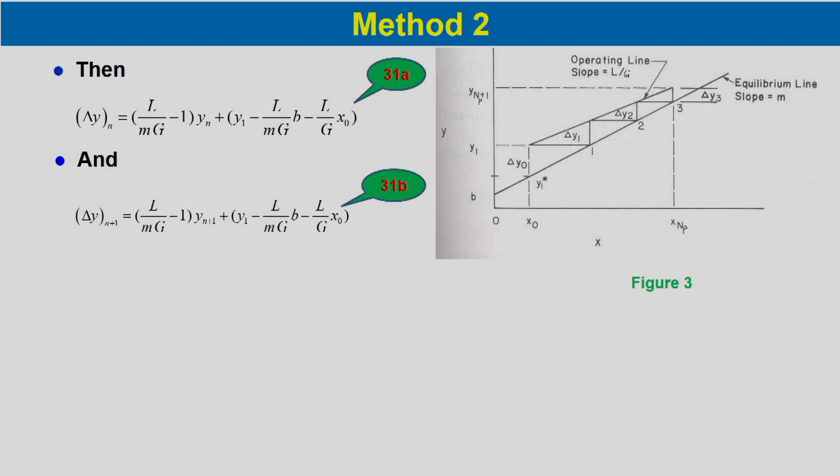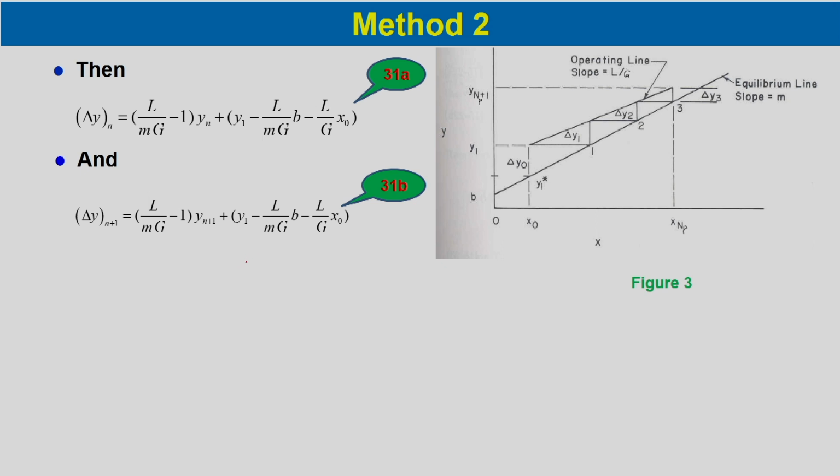And also we can write for any other stage n plus 1, delta y n plus 1 would be equal to (L by m g minus 1) y n plus 1 plus y 1 minus L by m g into b minus L by g x naught. Now, from equations 31a and 31b, we can also write, if we just subtract 31a from 31b,